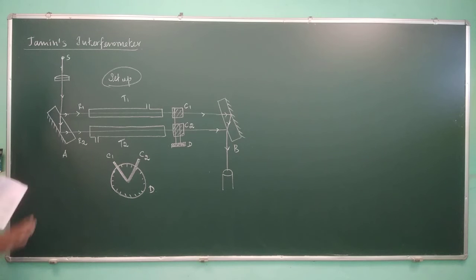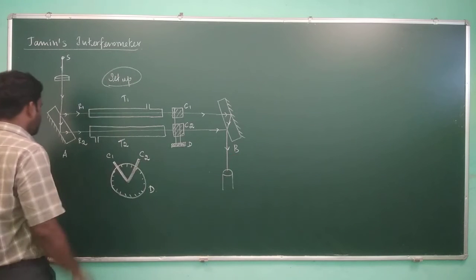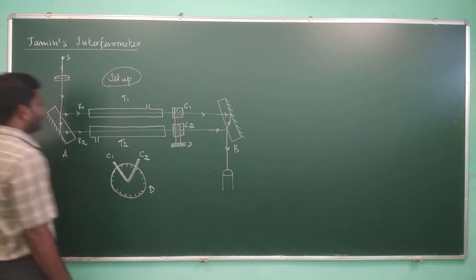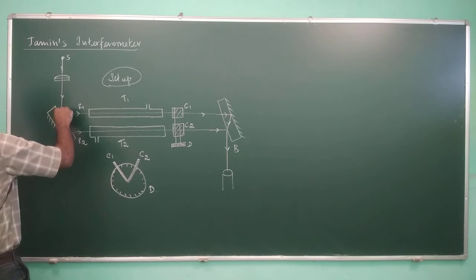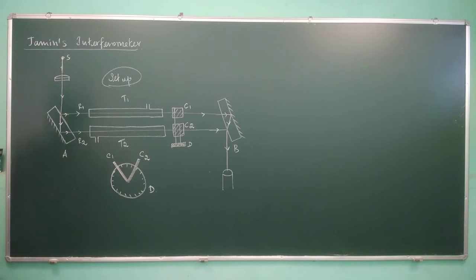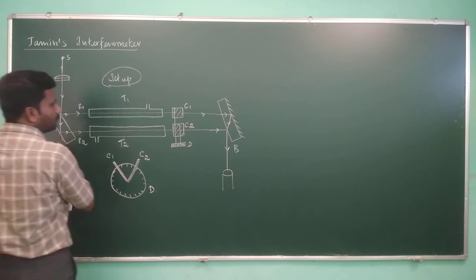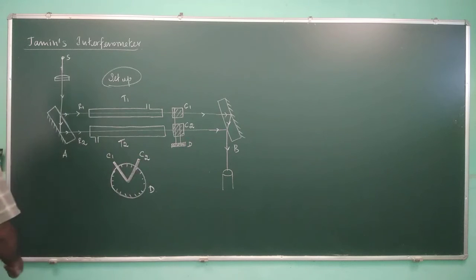Let me explain a bit about it. There are two plane glass plates, thin plates A and B, right? In each plate, the top surface will have partial reflection and partial refraction, and the bottom surface is completely polished on the back side, so whatever light comes into it will be completely reflected. This is the property of this system. There are two plates, and then here there are two tubes.